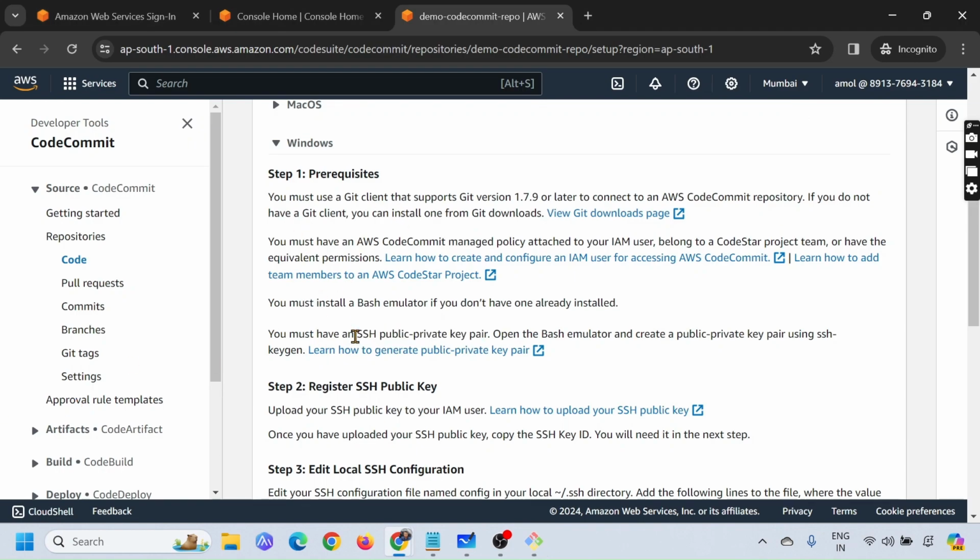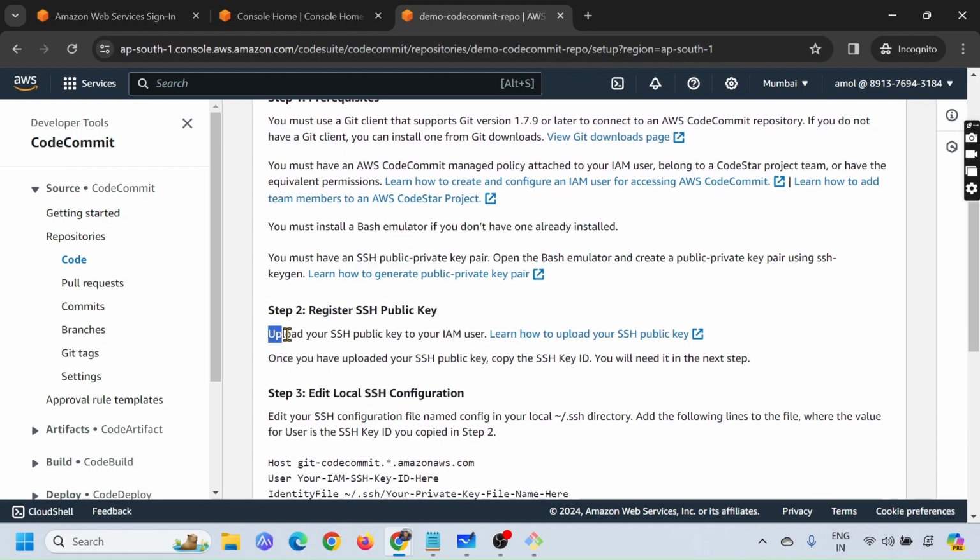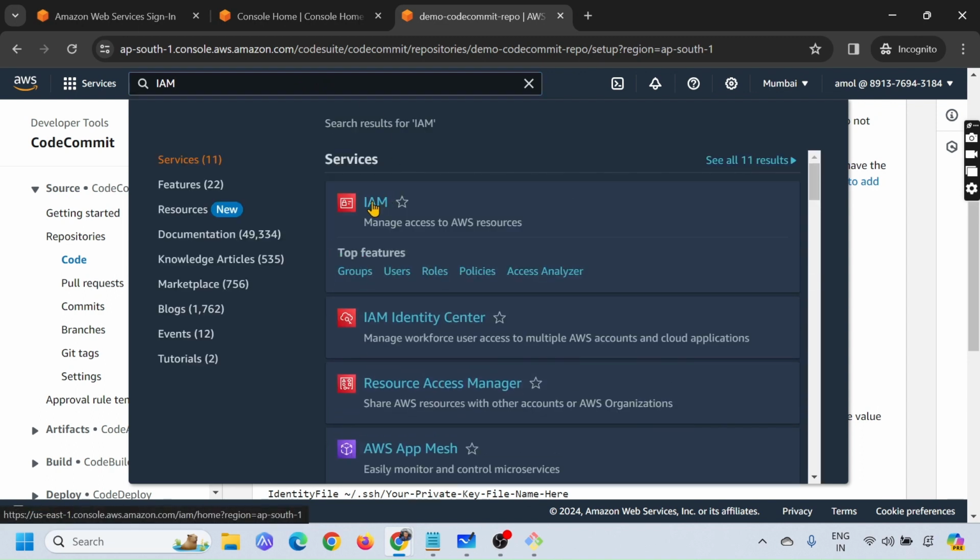So we have generated the keys. Now the next thing we have to do is upload your SSH public key to your IAM user. Right now you have created this particular user, that's an Amol user, and you have to upload a public key to that particular user. So what I will do is I'll just search for the IAM user here. I'm going to open that user in a new tab,